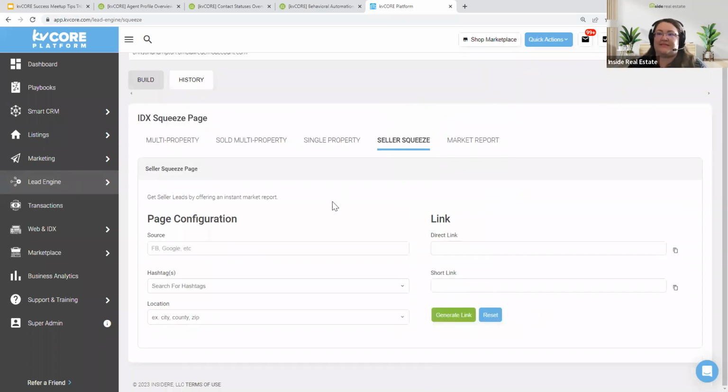So seller squeeze, my page configuration, I'm not going to be posting this anywhere. So I would do a source of like current CRM contact. That way also if they, well, that wouldn't happen, but I can't think of any scenario where this would create a new lead for you.